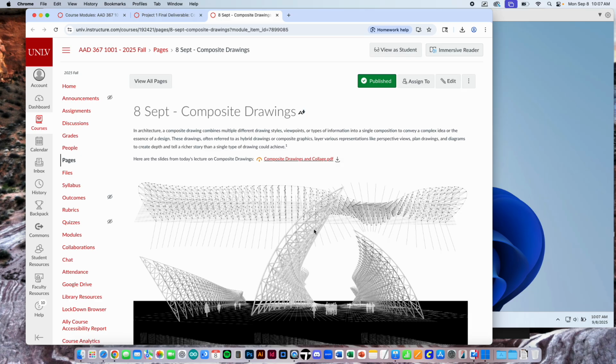Great. All right, so a composite drawing combines multiple different drawing styles, viewpoints, or types of information into a single composition to convey a complex idea, or basically the essence of your design and concept behind it. These drawings, often referred to as hybrid or composite graphics, layer various representations like perspective views, plan drawings, and diagrams to create depth, and tell a richer story than a single type of drawing can achieve. So this is one way of thinking about this. How do you compose all these drawings together in some sort of graphic that's more than the sum of its parts? And I'll show you some examples